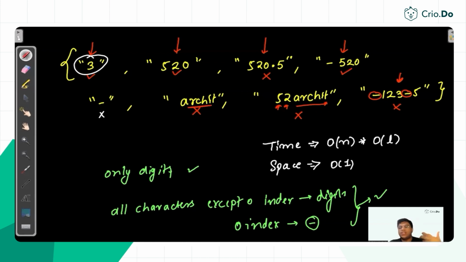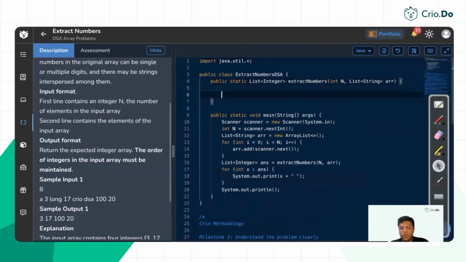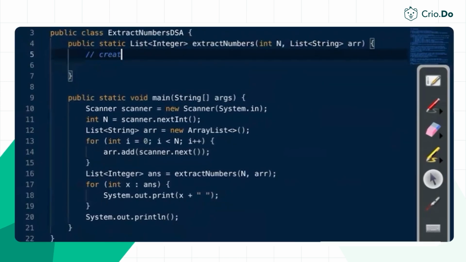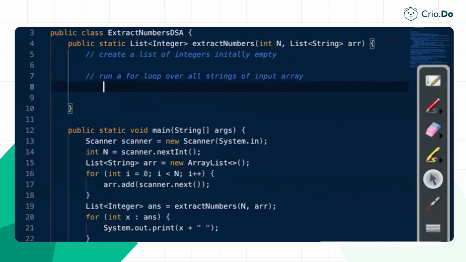Let's try to write the instruction manual for it. So what I will do is I will say run a loop over each of the numbers, or even before that, create a list of integers which will be initially empty. And what we are going to do is run a loop over all the strings. Run a for loop over all strings of the input array and check whether that string is containing only digits or not. So run a nested for loop,